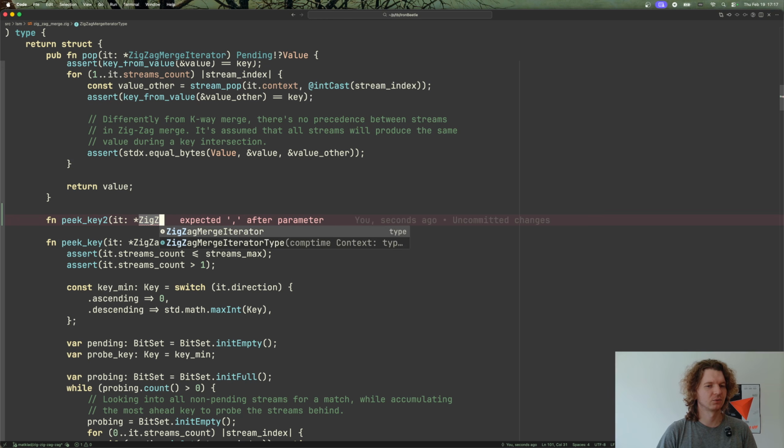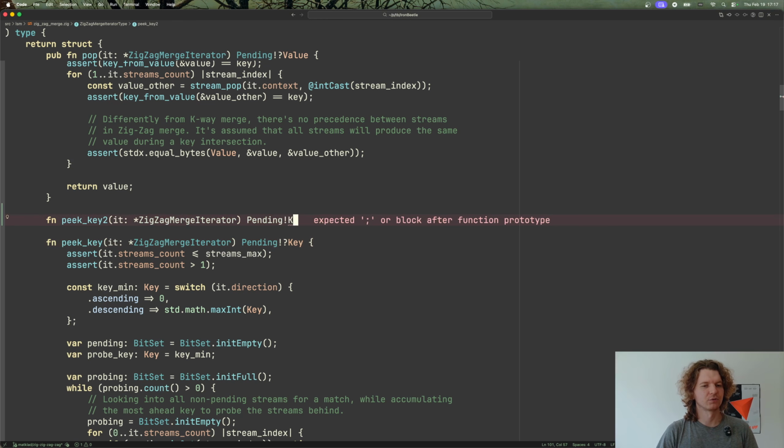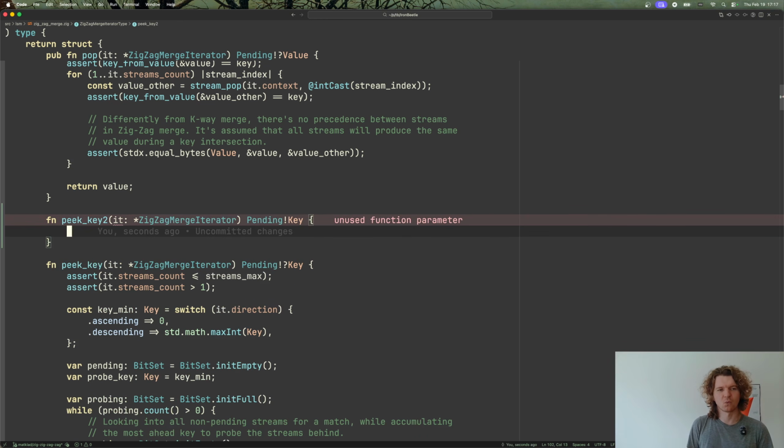And I need to disable my fancy overtype mode. Oh, well, yeah, but actually I need to